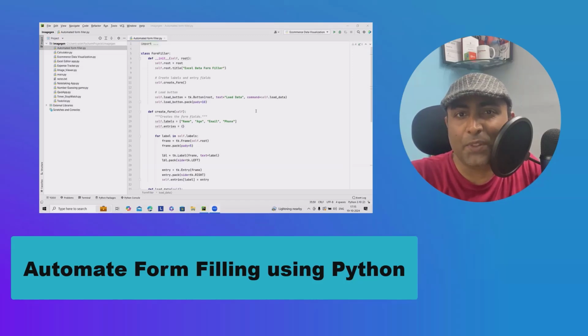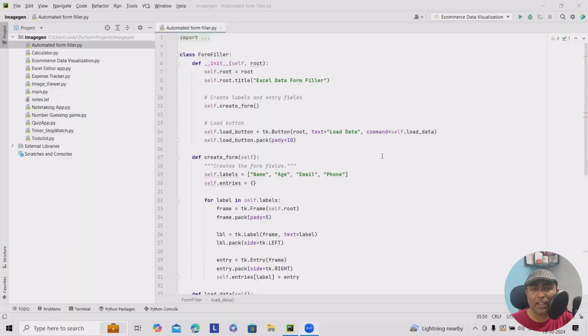In today's video, we are going to automate form filling in Python using Tkinter and Excel. If you often find yourself entering data from Excel into forms manually, this project will help you to save time